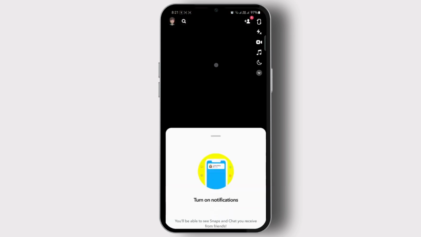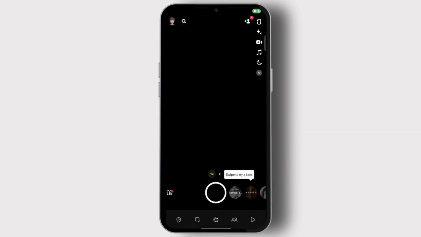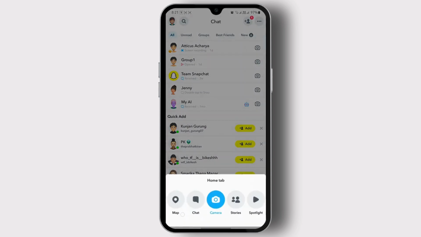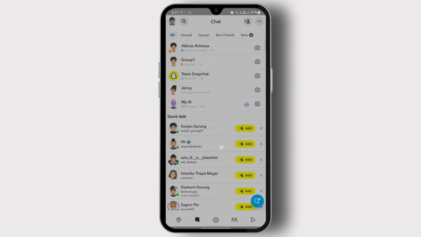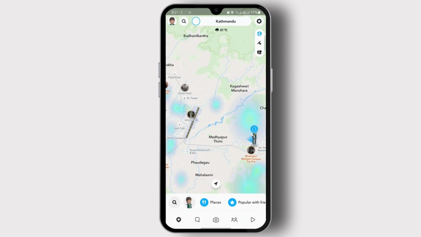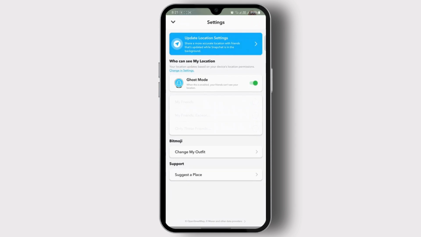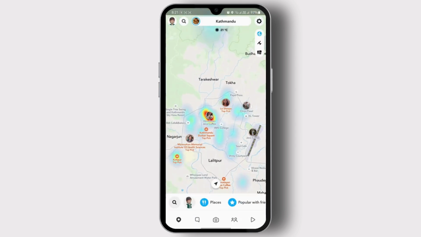First of all, open your Snapchat. And then, as you can see, there is this map option at the bottom. You can tap on it. Once you tap on the map, make sure your ghost mode is turned off. If you tap on the settings right here, you can turn it off